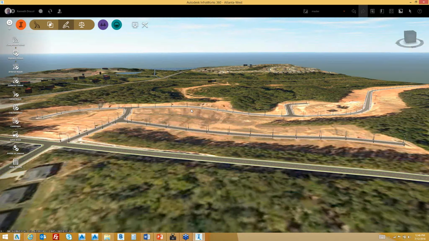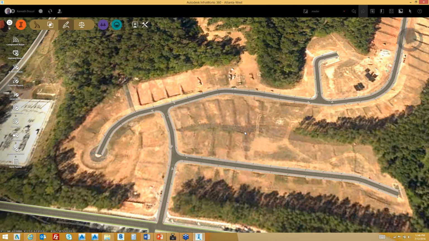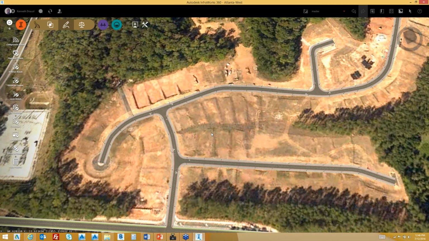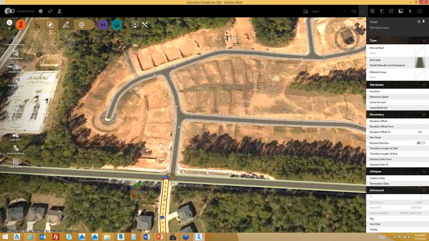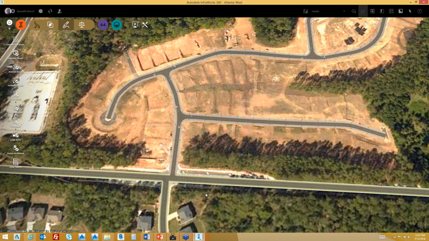So what I want to do now is simulate some things in reference to traffic coming from the main road. Also, this other side road. One of the things you want to know, because I just showed you, is that you can pull in road data from GIS. And a lot of the roads won't come in as design roads